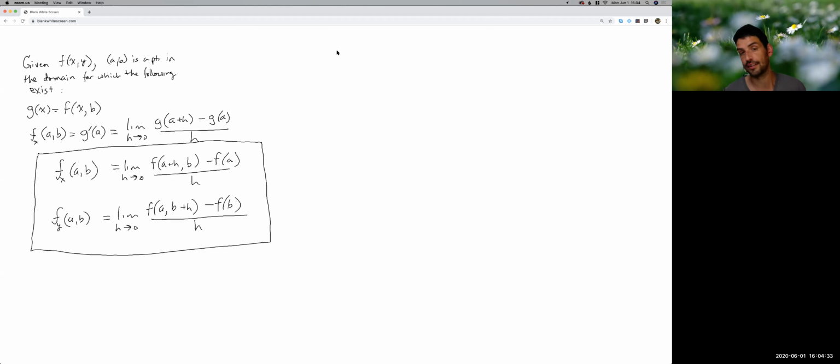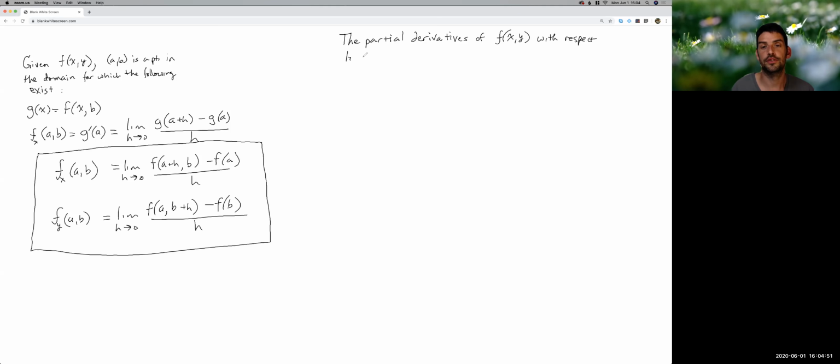And so let's say the partial derivatives of f of x, y with respect to x and y are: the partial of f with respect to x is going to